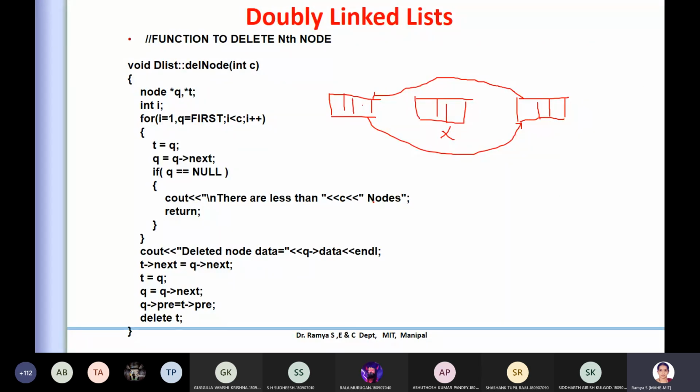If it exists within the boundary of the nodes I have, then your work is to release this data. When I say release, I'm just dereferencing the values here. That's all. And delete T, because I'm deleting that particular node here. So that is what we have done here. I hope it is clear. Is it fine? It's easy to understand, I hope.